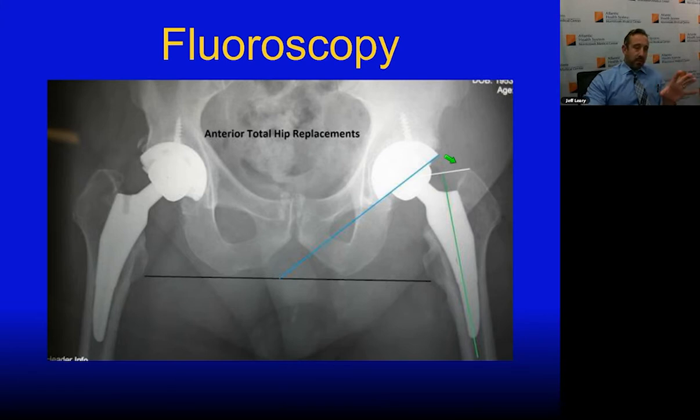So I really think this approach has changed the way we do hip replacements, and especially, getting back to my initial comments about younger patients, faster recovery, and the expectations. This has allowed us to get patients back sooner with less pain, out of the hospital sooner, and recover faster. So this is one way we're able to keep up with current patient expectations.